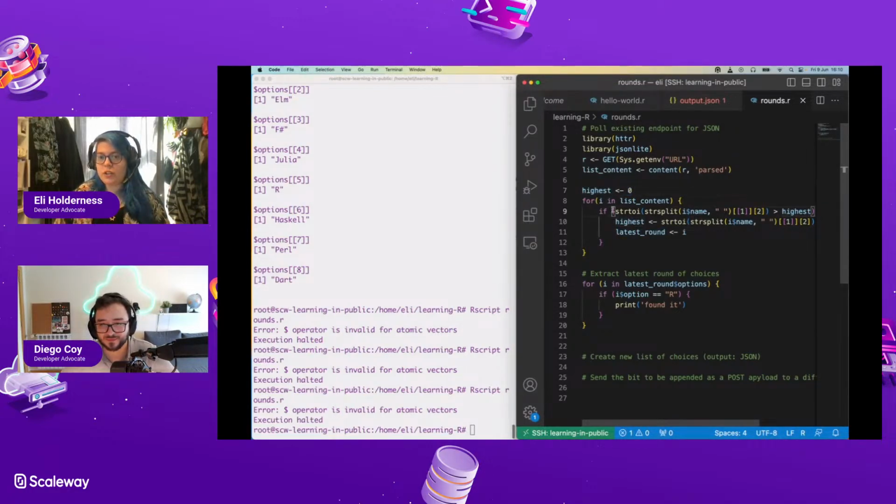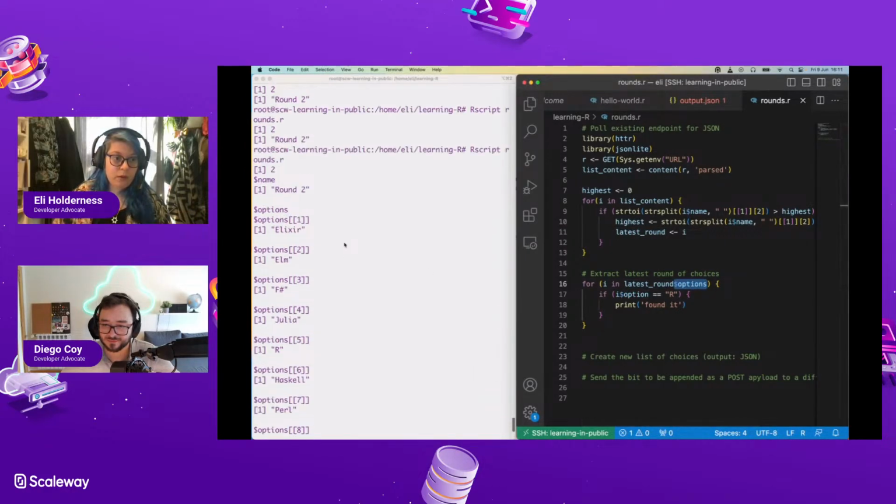I know that this if block will always be executed at least once, and I will always have assigned to latest round, which I don't have to have pre-initialized, because that's just not how R seems to do things. So this always exists by this point. I don't know if this syntax is the right thing though. That does seem to be the thing.